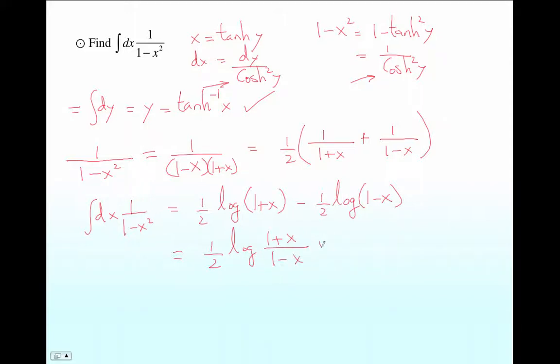So here is the answer I get doing this integral in another way. Now they seem different, but they're obviously not, because tanh inverse x is exactly this. And you can verify this for yourself,